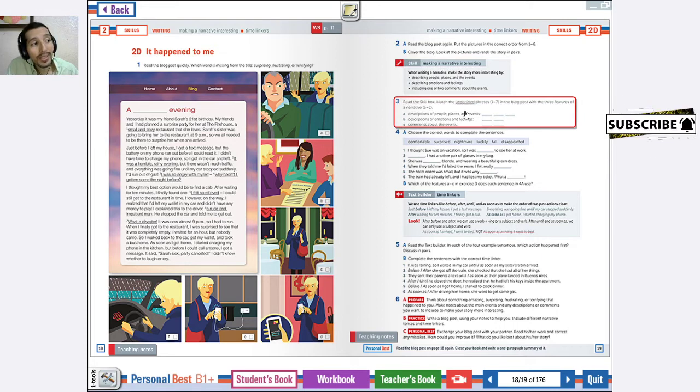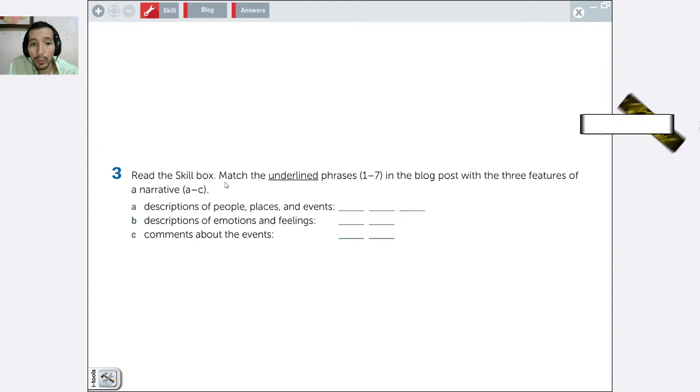Immediately, we have another activity. Let's go. Check it out. Read the skill box. Yes, we just did that. Match the underlined expressions. If you check the blog, there are underlined expressions. It says match the underlined phrases from 1 to 7 in the blog post, with 3 features of a narrative from A to C. From the phrases that are underlined, for example,